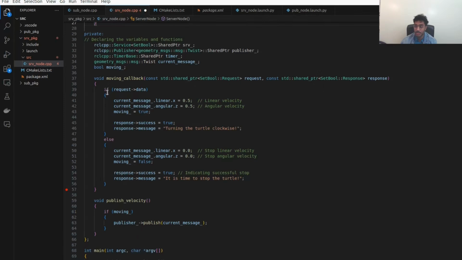And here we have if request data. So the SetBool basically has request and response. The request is a boolean, and the response has two different variables in it. One is how successful it was, that is the response success, and then the other one is the response message. So here you can see that if we get any request which is true, suppose if we get it true,